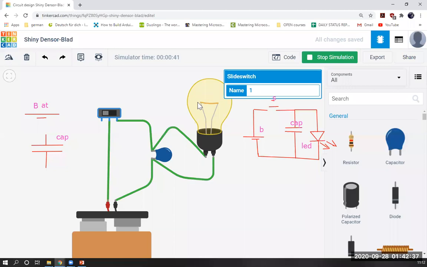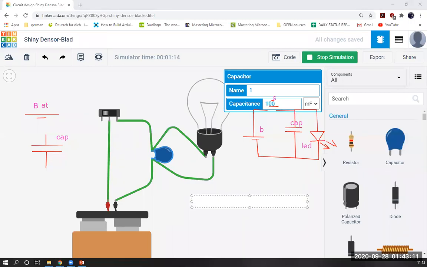Okay, after some time it will fade away because of the capacitance value we have given so high. That is why it is taking a little longer. Okay. So what exactly is happening here? See, now it's turned off. What is happening? Actually, this capacitor works as a small battery. Okay, remember, capacitor works as a small battery. It actually stores the charge.